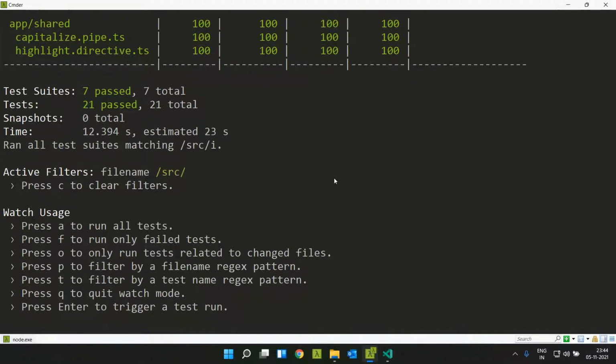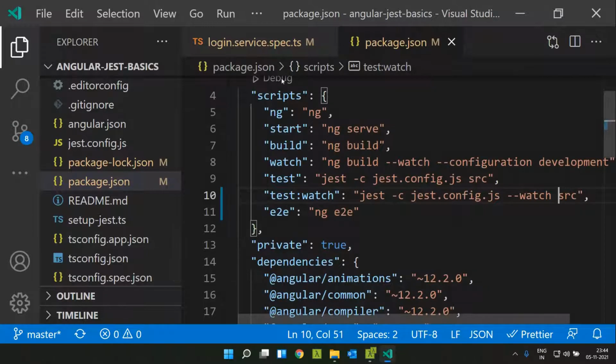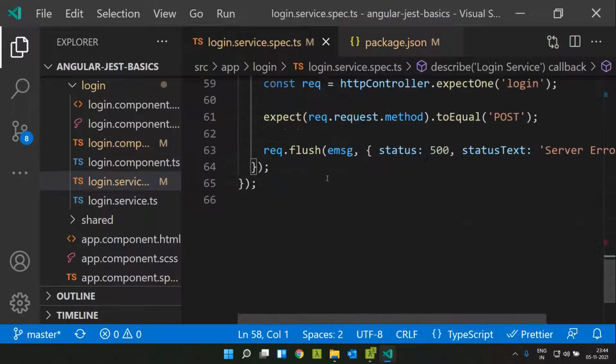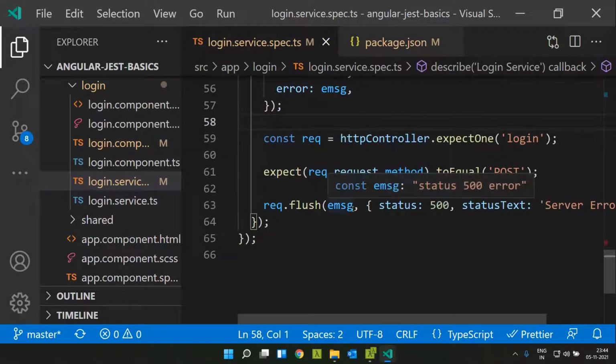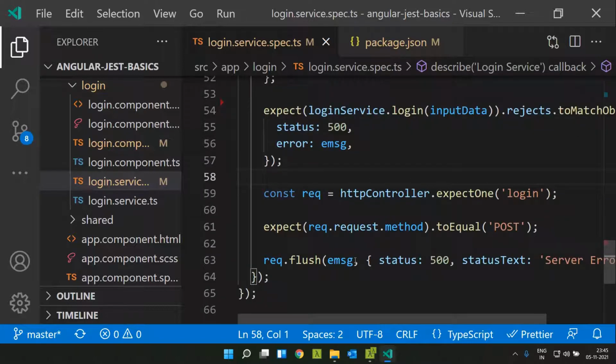Here you can see we have a lot of options. You can run all the tests, only the failed tests, or only the changes, meaning only the tests for the files which changed. We can even filter based on the file name regex or the test name, and you can exit from watch mode. Now let's go to the spec. Here you can see that we are testing for the error status 500.